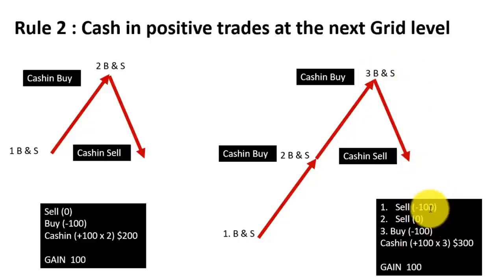If you add it all up together, minus 100, minus 100 is 200, minus 200, less the 300 positive cash-ins, suddenly again you have this 100 pip gain. And you don't care what happens on the chart as long as the price is moving in an erratic way so that you can cash in on those particular movements. This explains the core of grid trading. It is when the price revisits a price level,